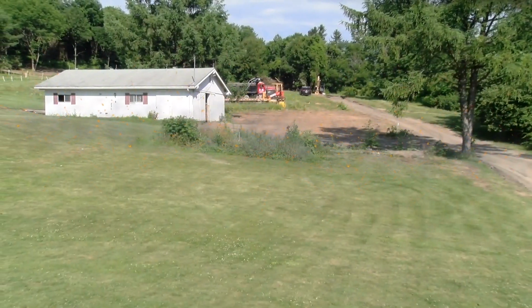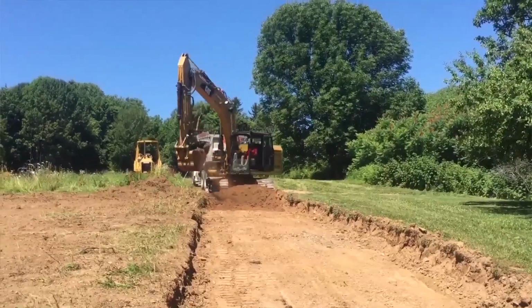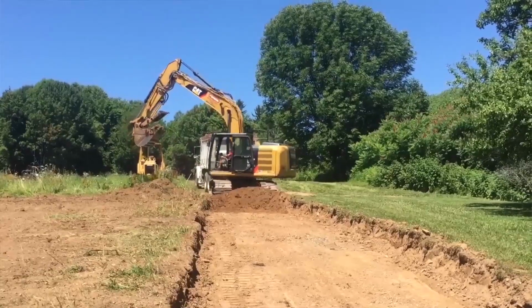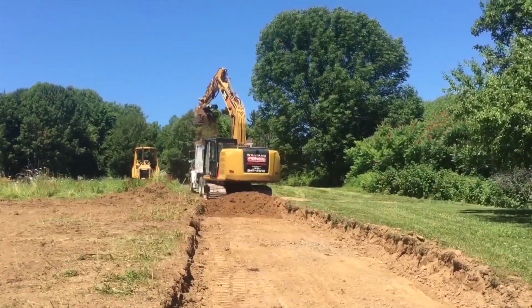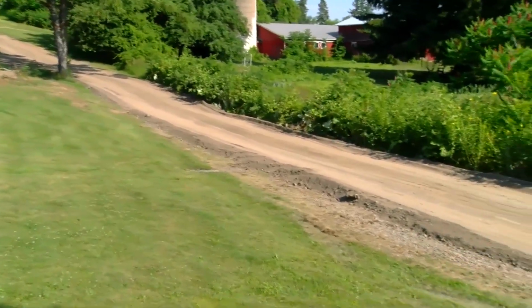We're in Sauquoit today, and what we did here is an old horse operation, and it had grown up and it was dilapidated and there was lots of brush and debris out back. So we first started by just simply clearing that off the property. And then next we put in a roadway that led up to the horse barn and the future site of a pole barn. So we got our gravel out of Ludlow's Sand and Gravel,